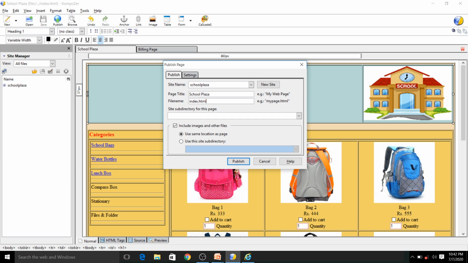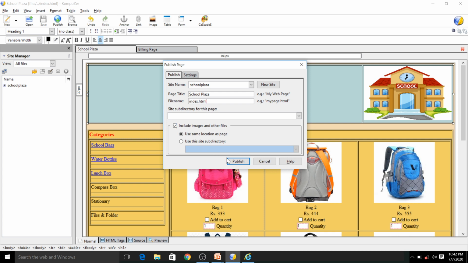Some hosting providers require you to keep the web page in a separate directory like public_html. That can be a question: the name of the subdirectory to keep our web page in a separate directory is public_html. And here you have to keep this box checked to upload images and other files along with your index file. Here you have to specify the directory for the image. Generally, keep the images in the same folder, in the same directory.